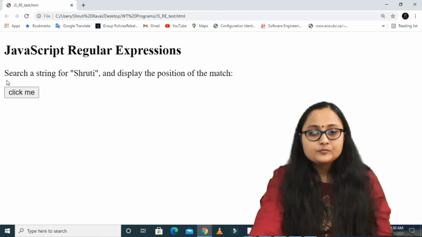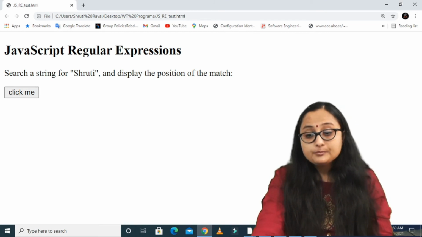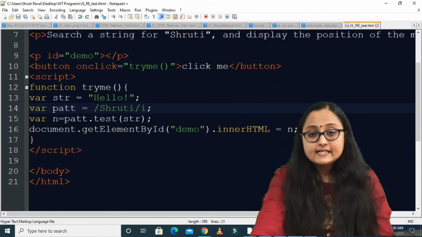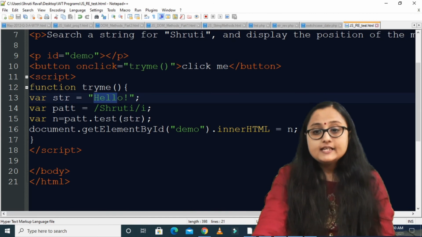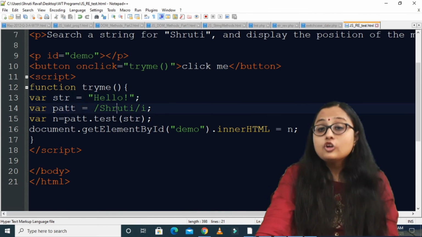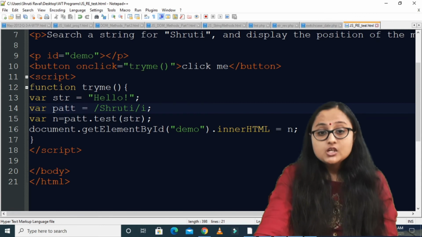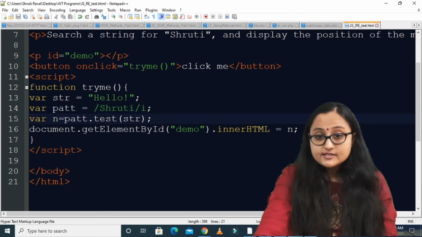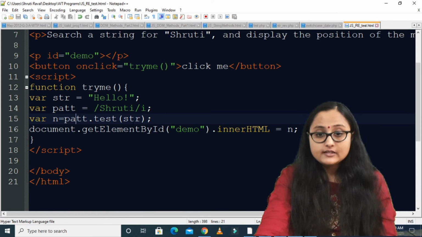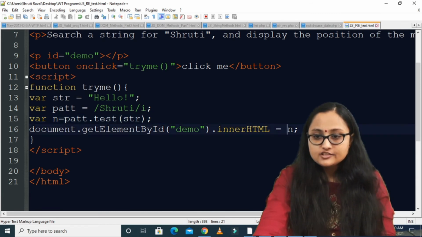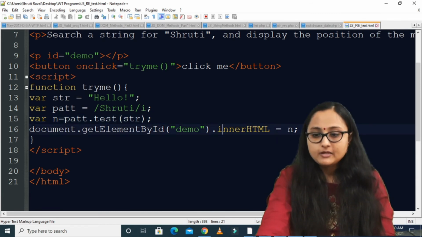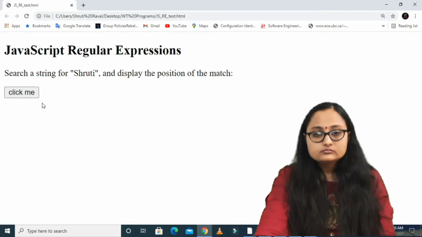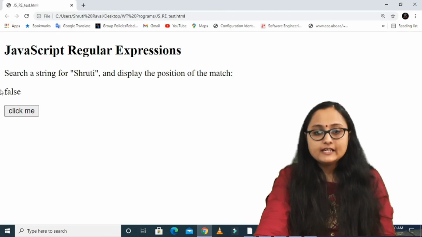Now when I click on this, you can see that my string does not match the pattern. So as soon as I call the test method and check this regular expression against this string, the test method will return false in N, and this false will be assigned to innerHTML. So as soon as I click on this, I will get false.